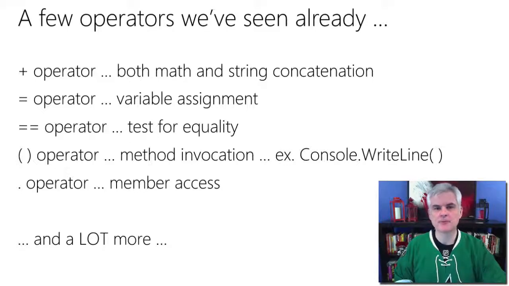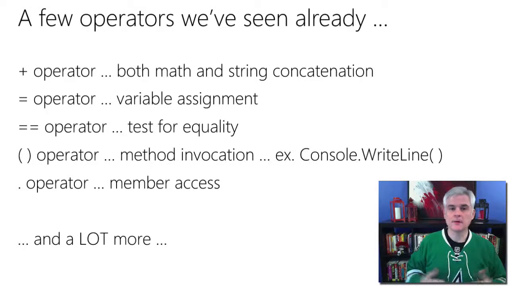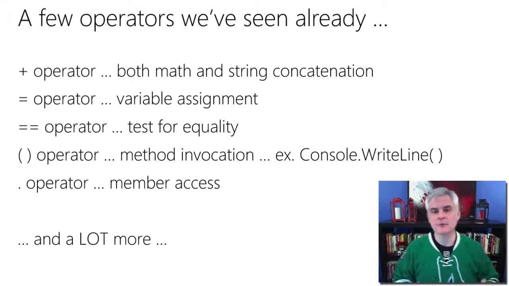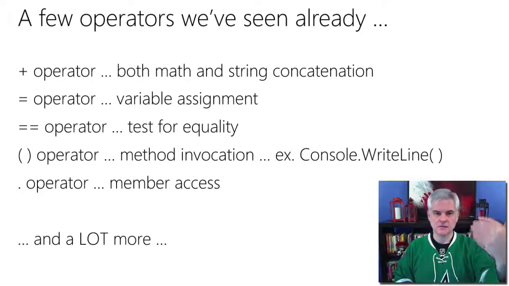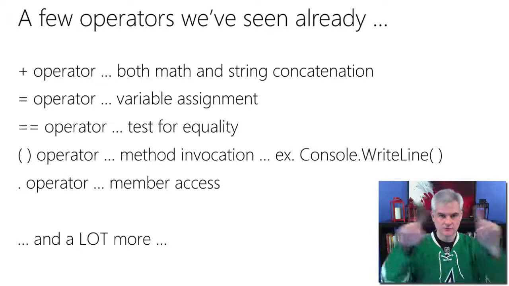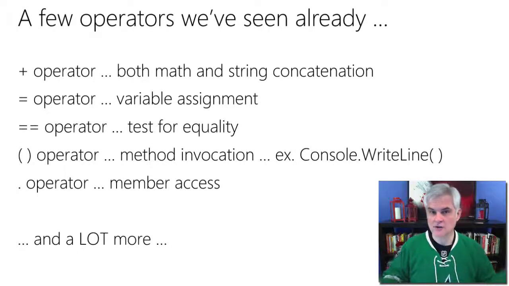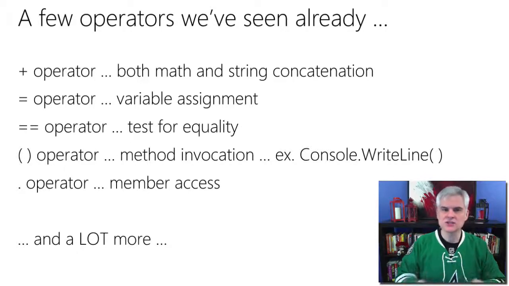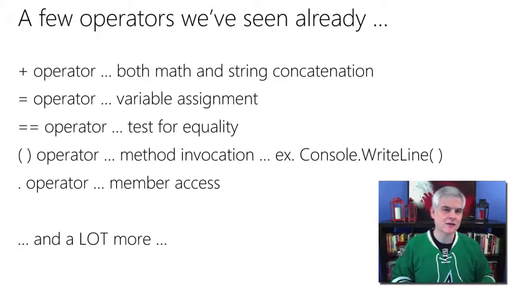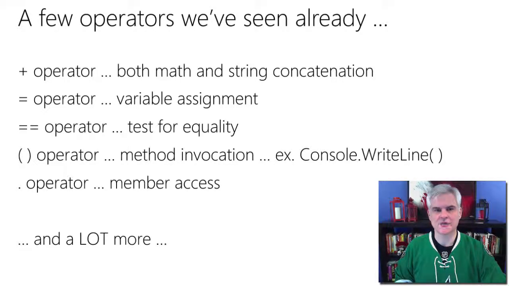There are other operators that we've seen, but you may not typically think of them as operators. For example, the opening and closing parentheses are the operator for method invocation. Like whenever you see this line of code, Console.ReadLine with open and close parentheses, we are actually invoking the ReadLine method through the use of the opening and closing parentheses. So what happens if you leave those off, if you ignore those parentheses? Well, then it changes the meaning of the code, and the C# compiler may not understand and will possibly raise a compilation exception.